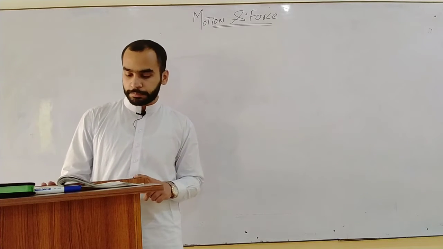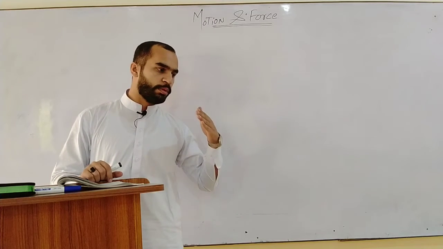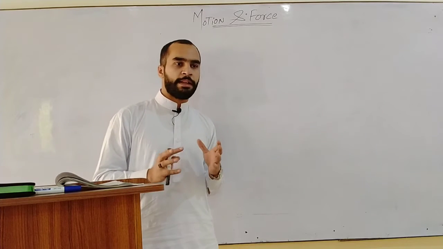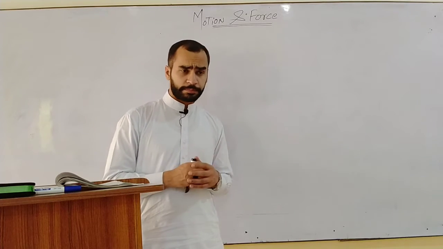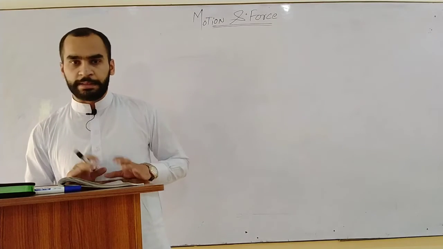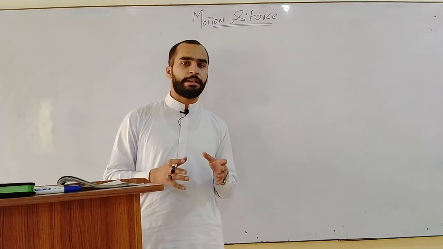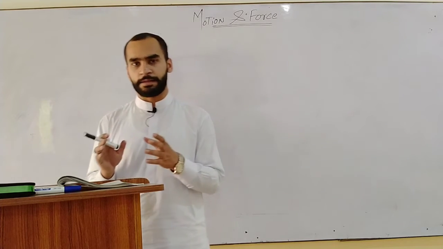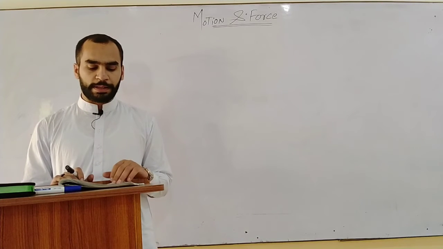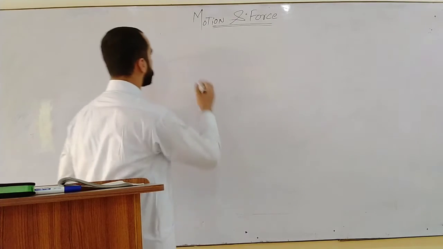So basically elastic collision in one dimension defines that if a body is moving in a linear dimension, then after its collision with another body in the same direction, there will be a conservation of momentum of both bodies in that elastic system. So now we are going to discuss elastic collision in one dimension and its derivation.